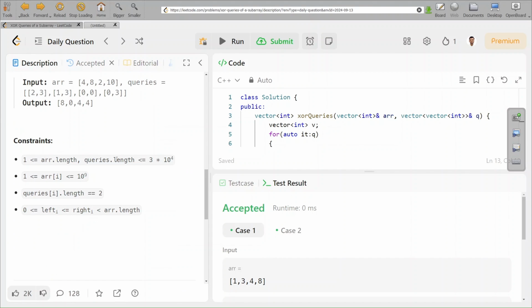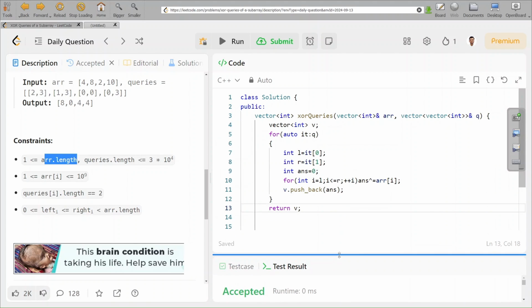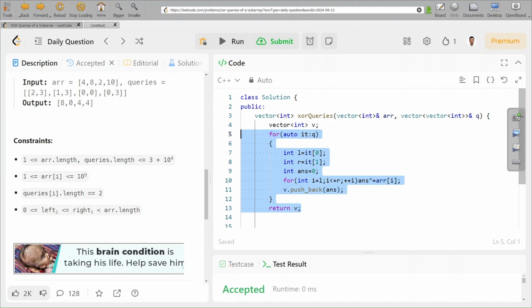I don't know why, because in the worst case you're traversing an array of size 10^24, and for each query, so it's n into q, that is 9 into 28, which should give TLE, but okay, fine. So now we optimize this code. Okay, so before moving to this, let's go